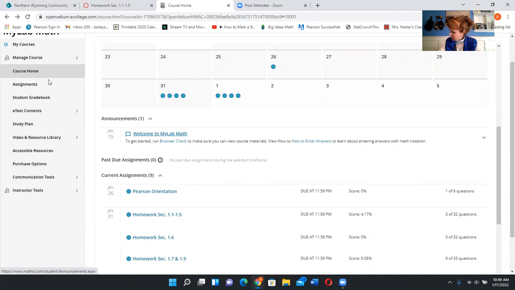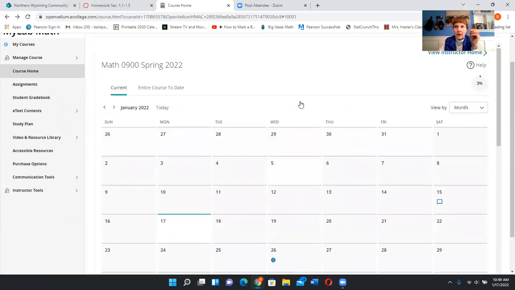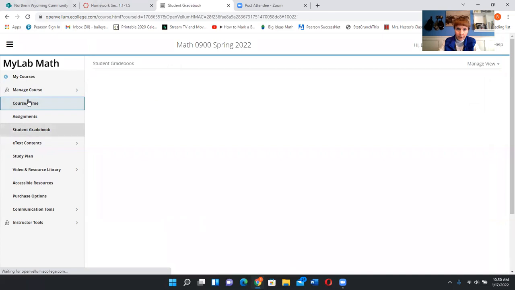One more thing is to talk about this bar over here. Your grade is not found in Canvas. Your grade is found in Pearson. Now, there are a couple of ways to know your grade. And the nice thing is, looking here, you can find your grade right after you do an assignment. There's one place over here on the right side of your screen, this 3%, because we haven't done much of those homework assignments. So there's your grade in the class. Or you can go to Student Gradebook over here in this left-hand column. You can push Student Gradebook,